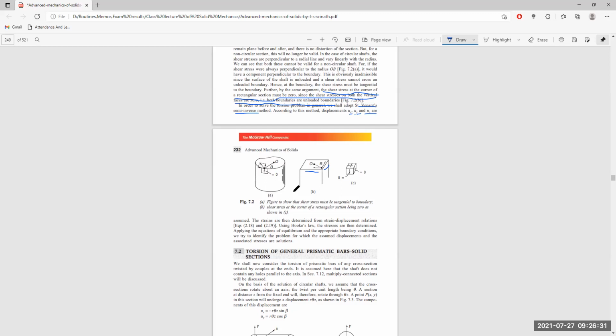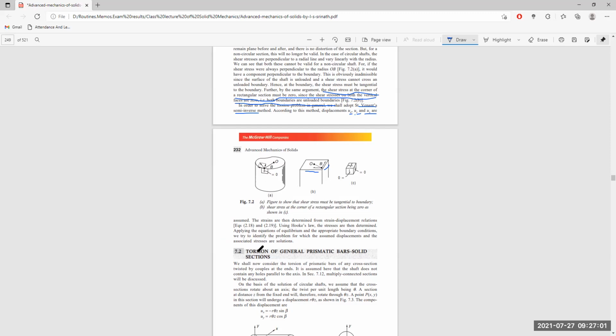The total strain of the line PQ will give epsilon x nx square plus epsilon y ny square plus epsilon z nz square plus epsilon xy nx ny plus epsilon yz ny nz plus epsilon zx nz nx, where nx, ny, and nz are respectively the direction cosines with the x-axis, y-axis, and z-axis.